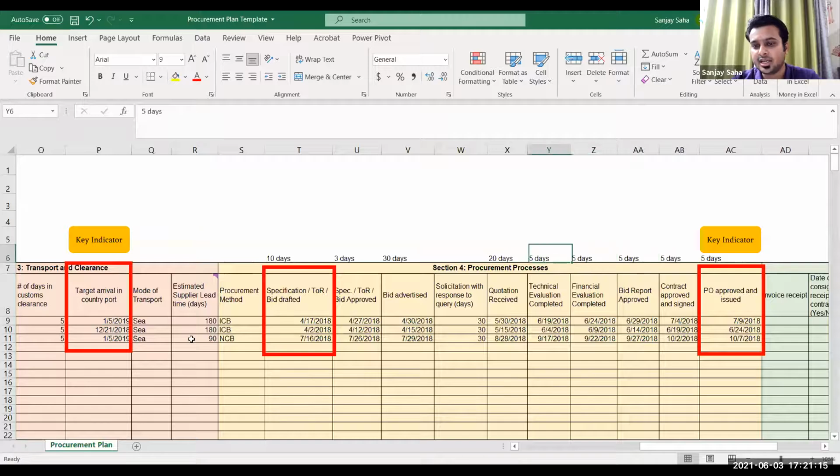Now on top, you see I've written the number of days for each of these processes. How many days does it take to get the bid approved, for example, to get it advertised? How many days would you take to receive the quotation? How many days would you take to evaluate the technical bids and financial bids? These days may vary again. Now, if you see the dates here,